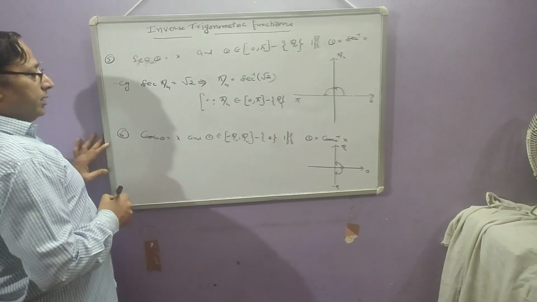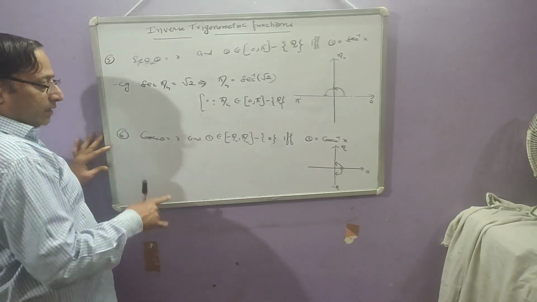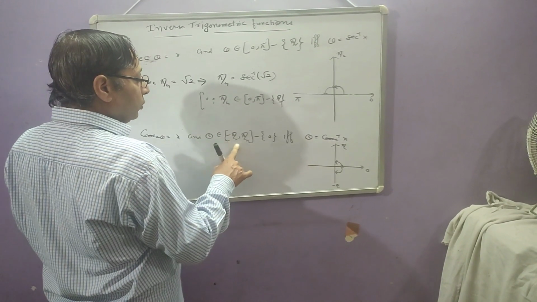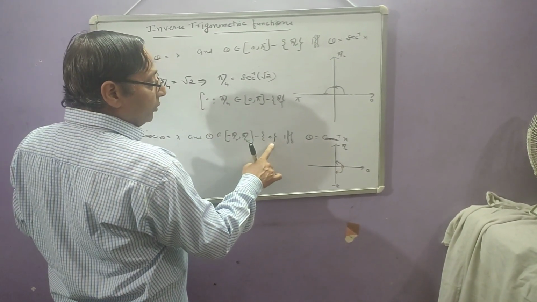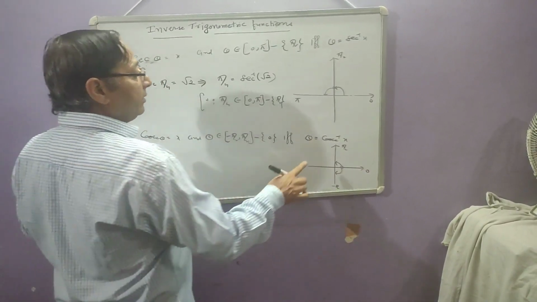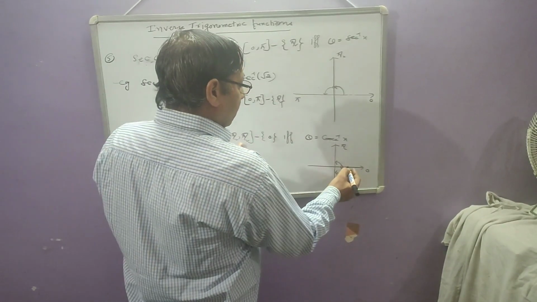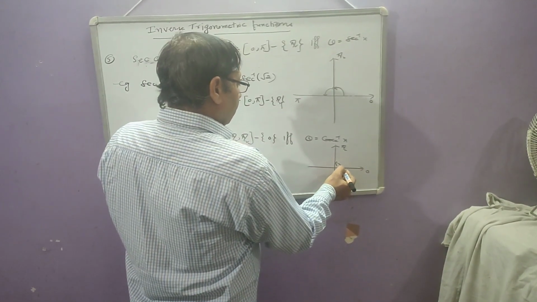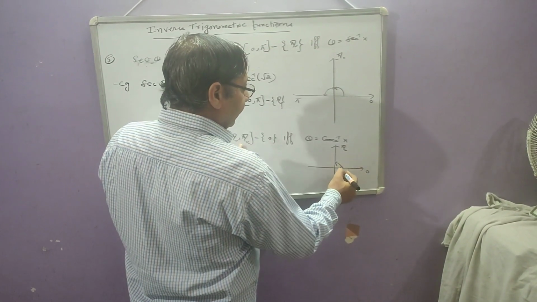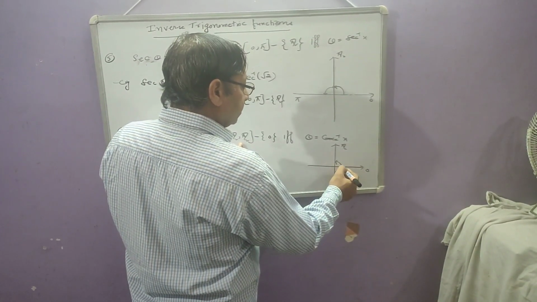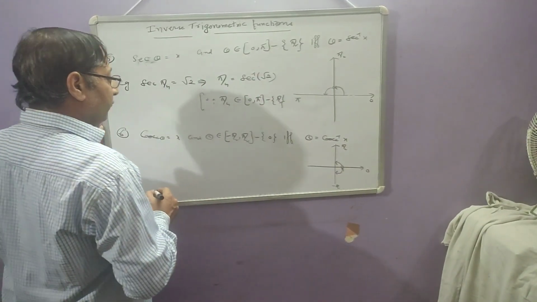Now come to the sixth T ratio. Whenever cosecant theta is equal to x and theta belongs to the closed interval minus pi by 2 to pi by 2 except the central value 0, if and only if theta is equal to cosecant inverse x. Now look at this interval diagrammatically. Here positive angle from 0 to pi by 2 but 0 is not included. Negative angle from 0 to minus pi by 2 but 0 is not included. And this is the principal branch value of the cosecant inverse of x.